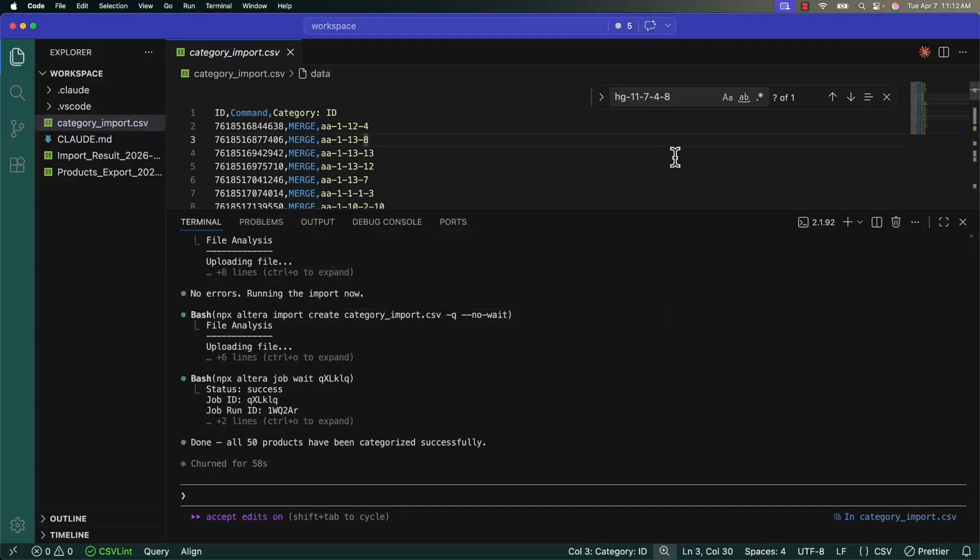And this is really just the tip of the iceberg of what you can do. We've seen people use it to automate translation pipelines, transfer meta-objects and meta-object definitions between stores, and a whole lot more. And another advantage is that everything is saved to CSV files, so you have snapshots of your data as you're making the changes. You can find Altera on the Shopify App Store, and please reach out if you have